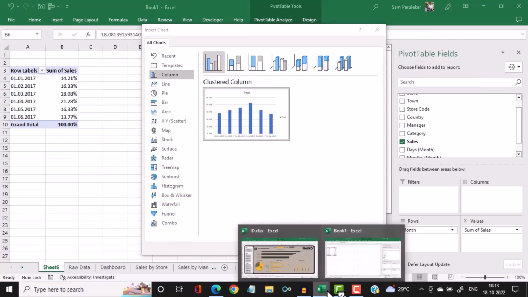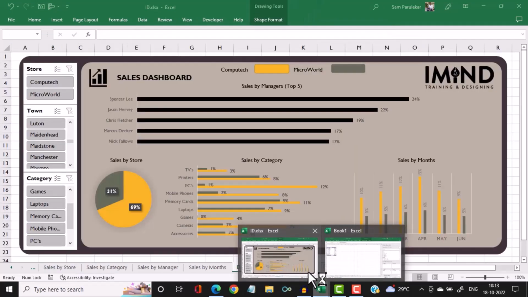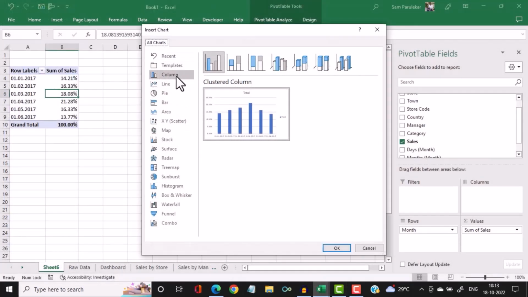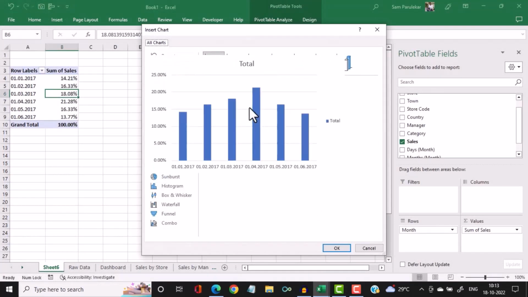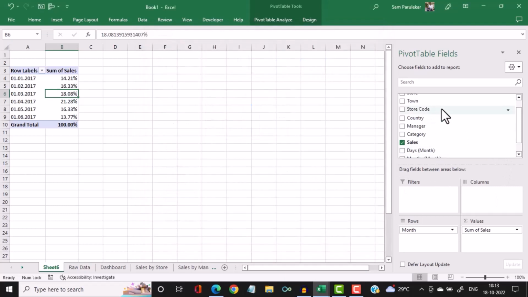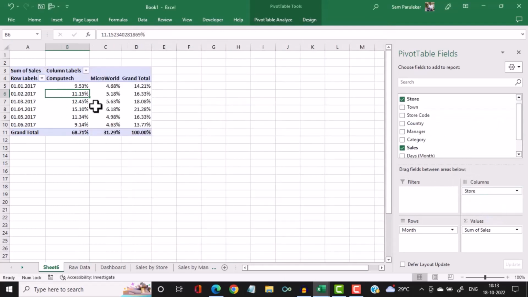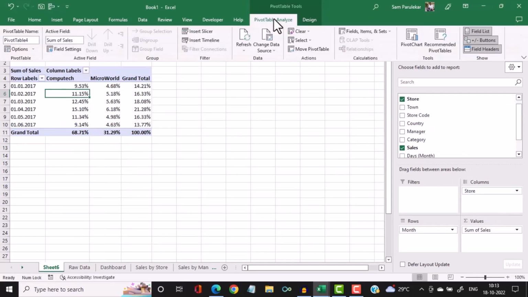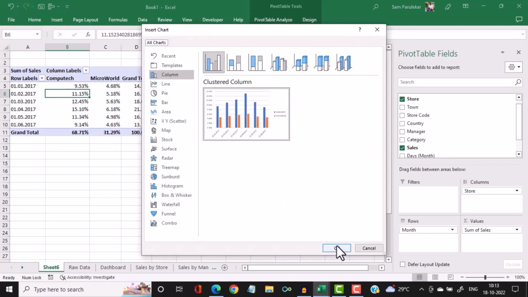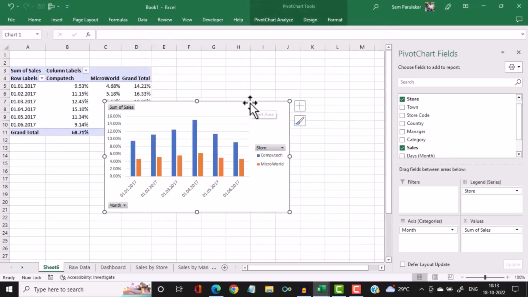and we want the chart should be a bar graph. So we want this graph is okay, but we want for both the companies, so we select store and bring it here. And now we go into pivot table analyze, pivot chart, bar chart, select OK, bring it here,